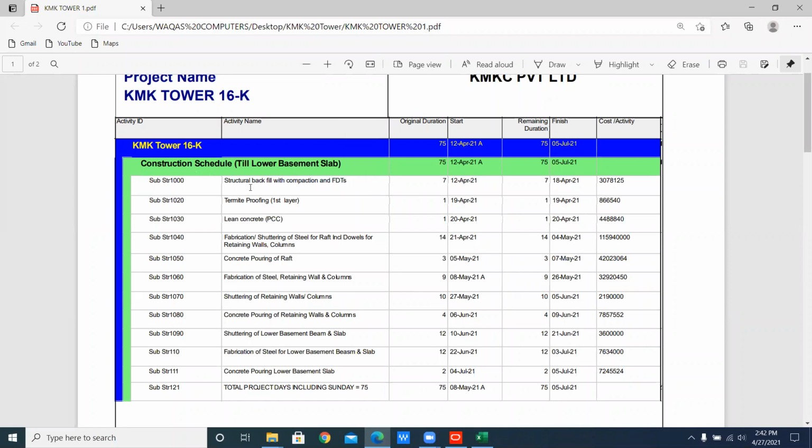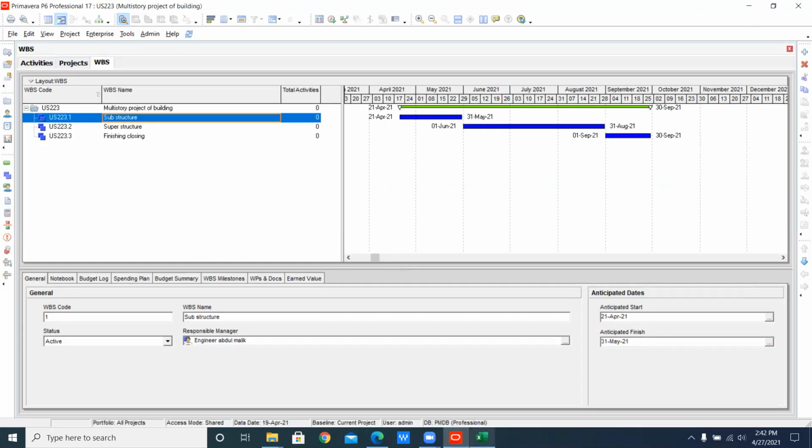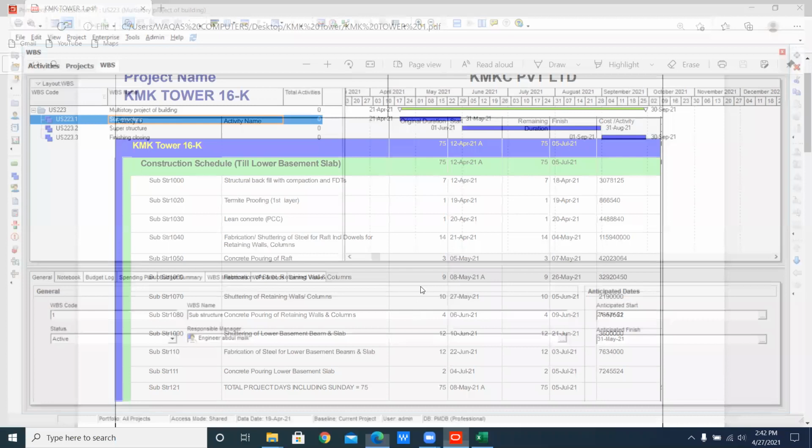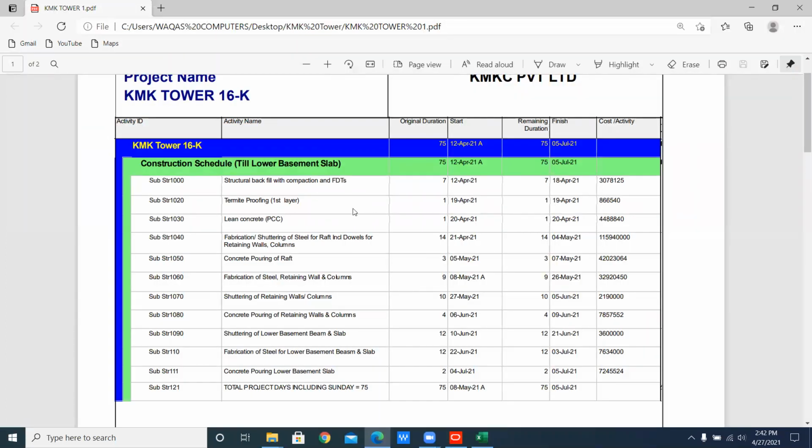This is your actual time, because this chart that I have given them is now conveyed into the meeting. They are not focusing on your anticipated start or anticipated finish anymore. They will ask you when your structure will be finished, when this activity is finished, and all these.